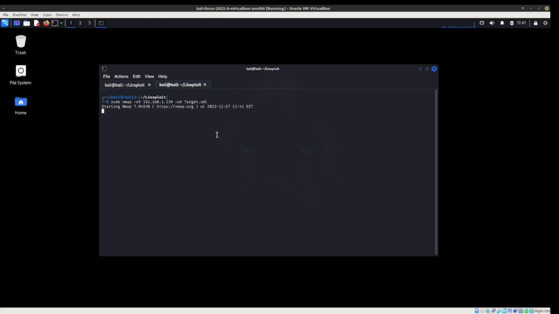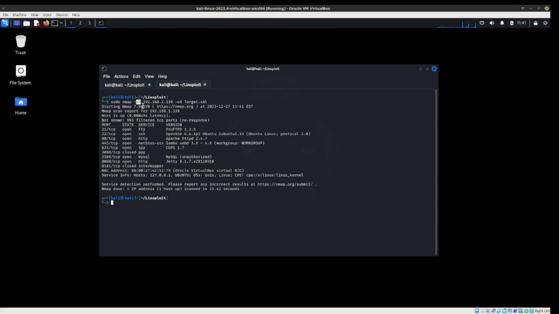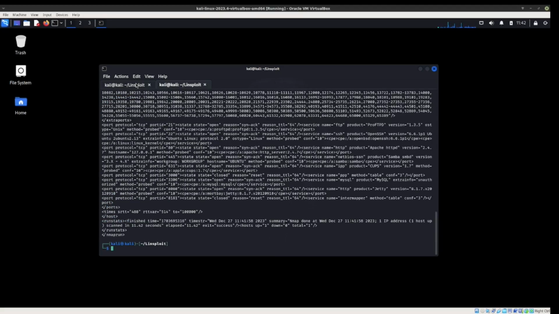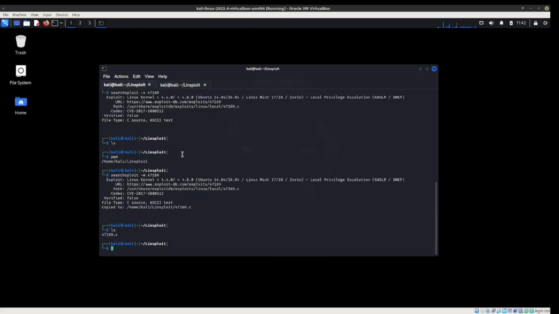That's going to scan the most common ports. I always forget the number. I think it's like the 1,000 most common ports or something like that. And it's going to do a service scan. So it's going to look for service versions. Oh, that came back quick. And it's going to save that output to a target XML file. All right. And we can look at that XML file. So everything's in there. We're going to use that in a second. But first I want to show you,